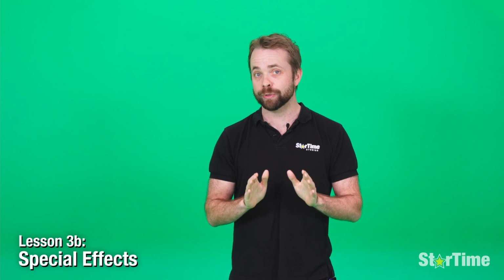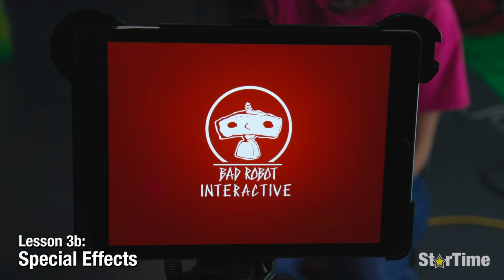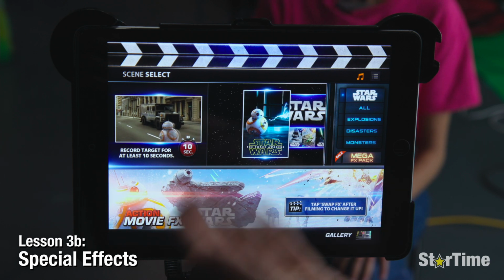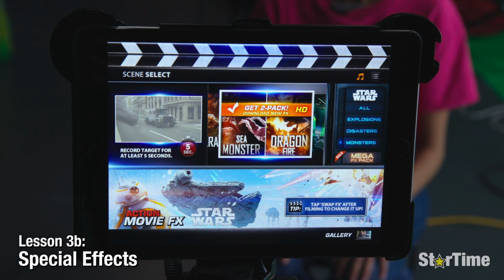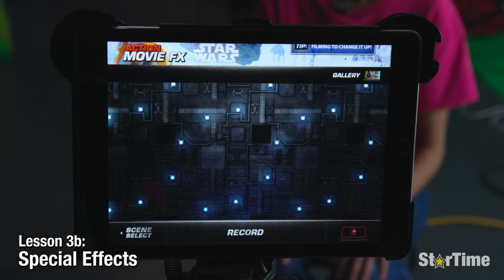Now let's look at how to create a special effect without a green screen. For this, we'll use the app Action Movie. And the main thing you need to remember about Action Movie is lining up your shot so the effect works correctly. So we're going to pick monsters, we're going to pick Parasite for this example, and make sure you place